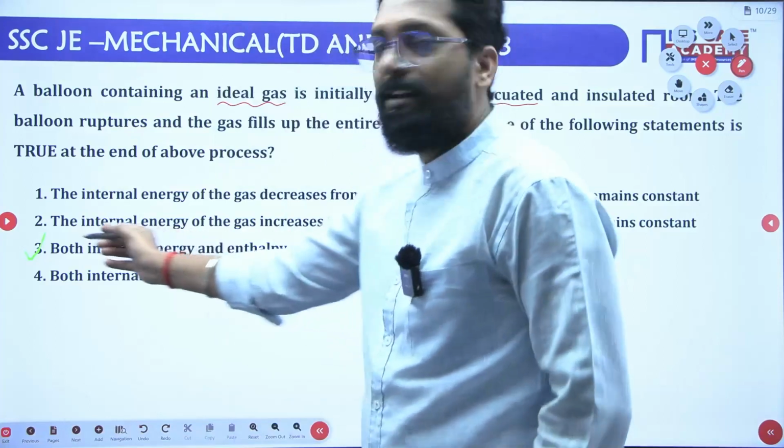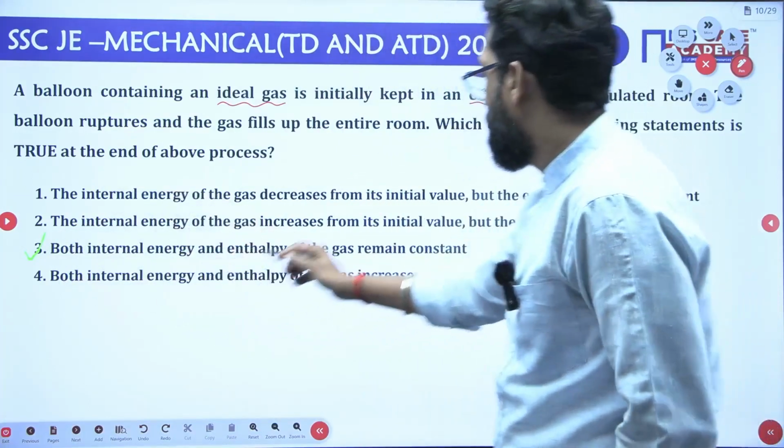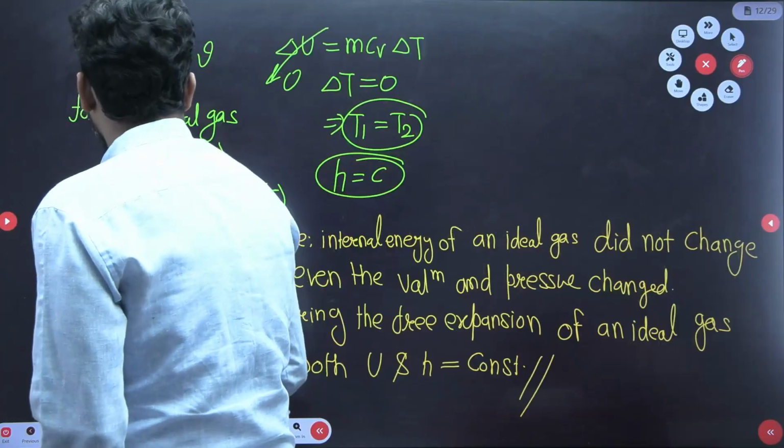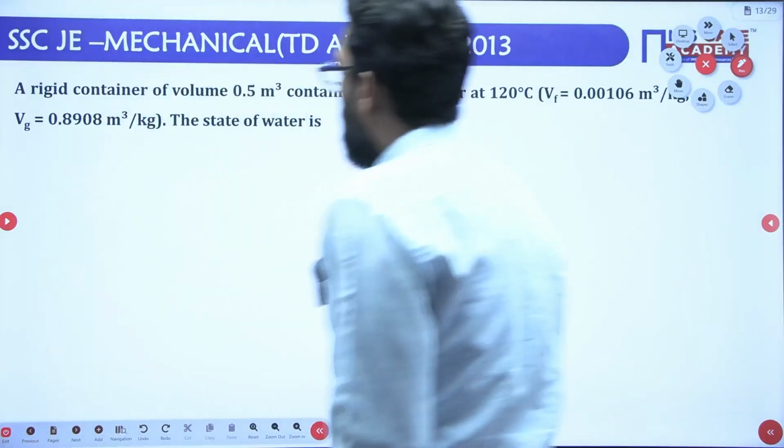So option number 3 is correct. Both internal energy and enthalpy of the gas remain constant. Okay. Now, next question. A rigid container